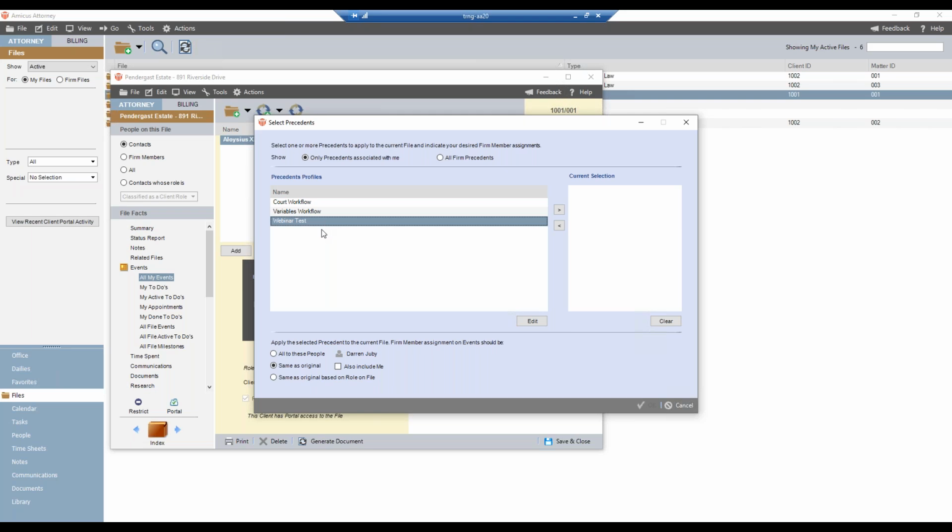Now, when a file's events are added to a new precedent, some event details are automatically adjusted to accommodate their new purpose. So I do want to just spend a moment to briefly describe to you guys what happens to the events once we've added them to the precedent, as we did here. So the done status, the completion status, file assignments, contact associations, any associated notes, the history on the events, any restrictions, and any client portal sharing settings are all cleared on those events. The linking information is maintained only if we've included all of the events in the chain,